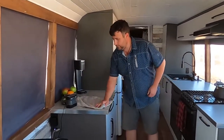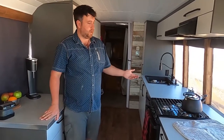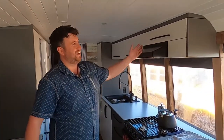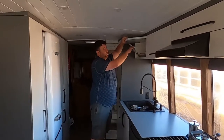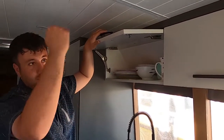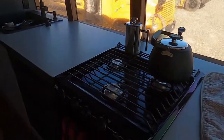For the kitchen part, I built the cabinets with my cousin. He owns a kitchen refacing company. So it's good to have relatives. We had a lot of friends to help out with stuff like that. We custom ordered all the pieces and cut them out whatever we needed, because everything is round. At the back of the cabinet, we had to cut them, replace the back to go with the round ceiling of the bus. Except that, that's an IKEA countertop, and the rest is custom made with Kitchen U-Zone,